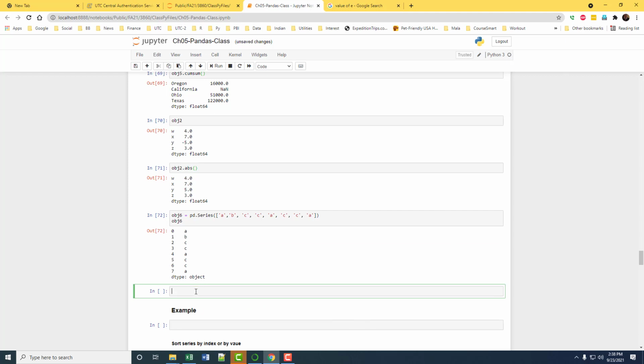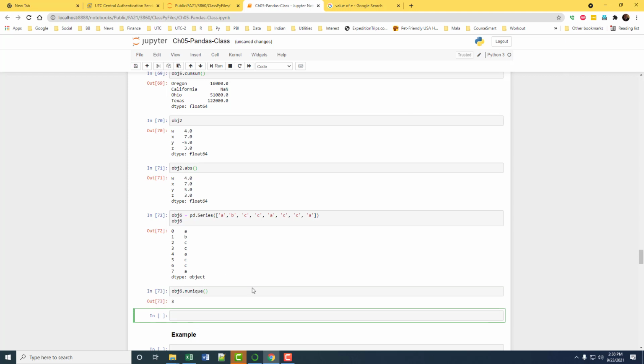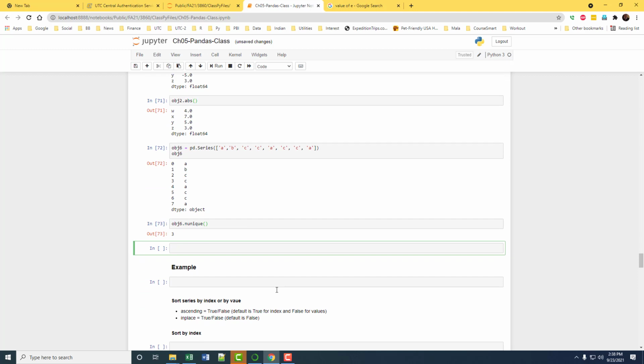Like in NumPy that we used last time, if you take obj6 and then you say nunique, that will give you how many unique values are there in the series.